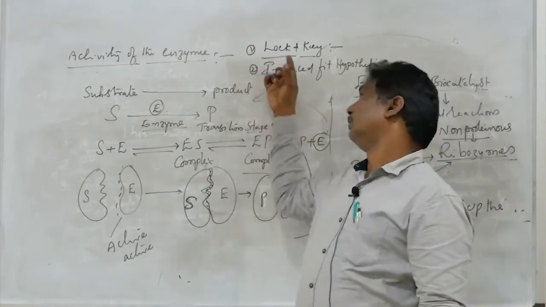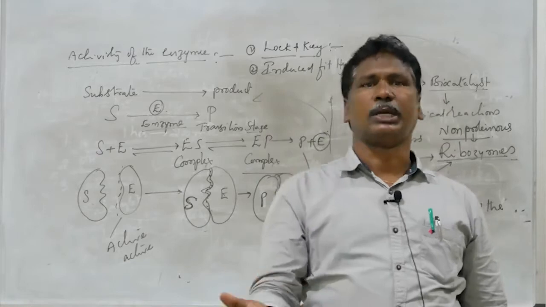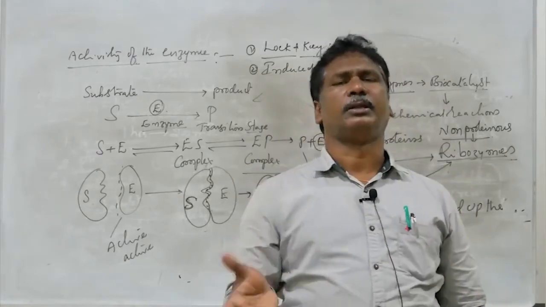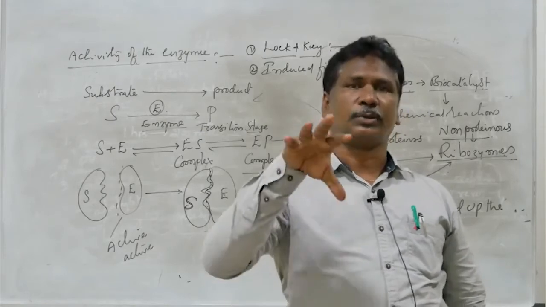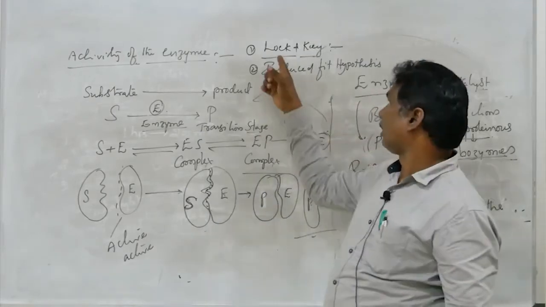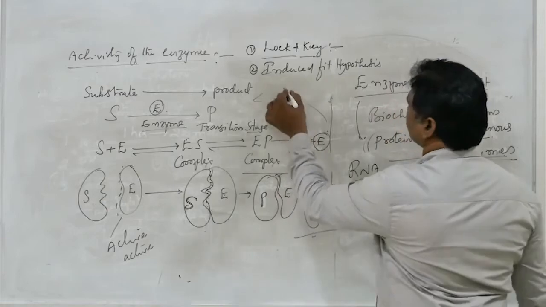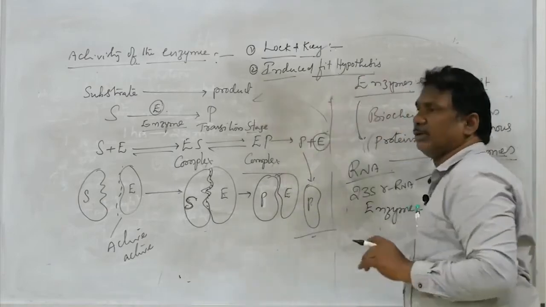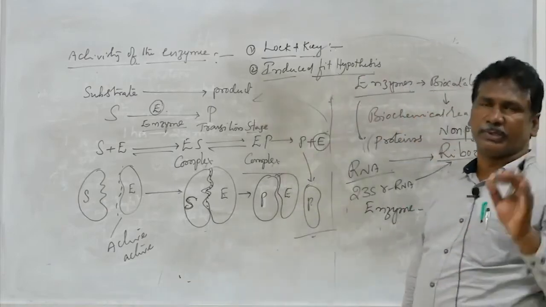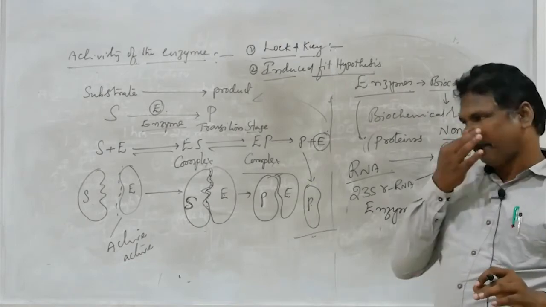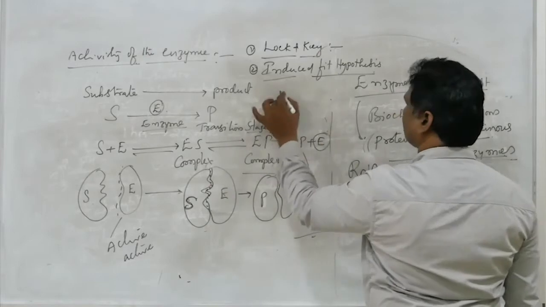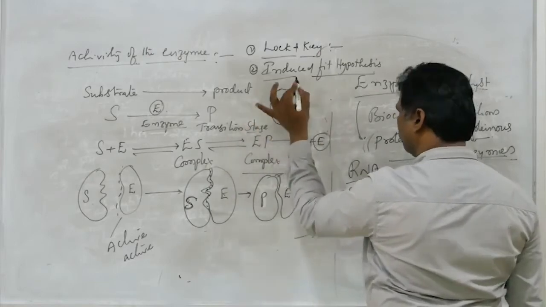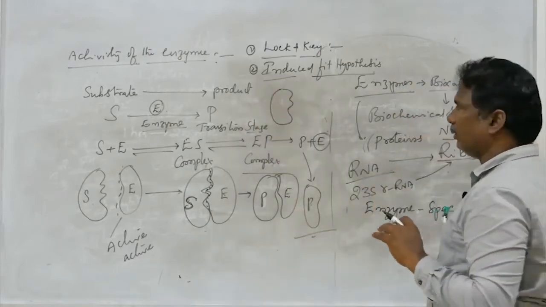Like this, a suitable key can open the suitable lock. Like that, a suitable enzyme can act upon the suitable substrate. That is lock and key hypothesis. And the second one, induced fit hypothesis. It was proposed by Daniel E. Koshland. So according to induced fit theory, the substrate molecule does not undergo any change during that induced